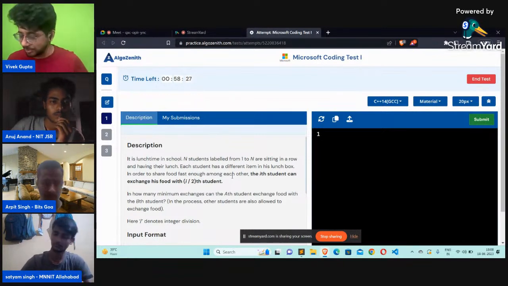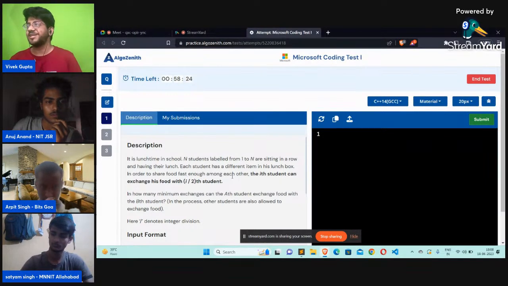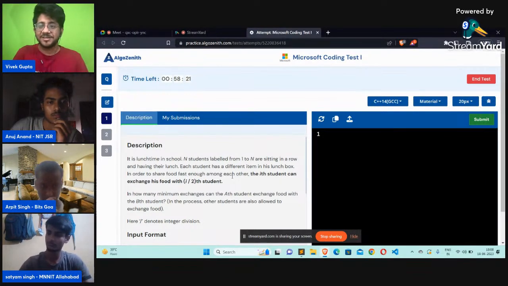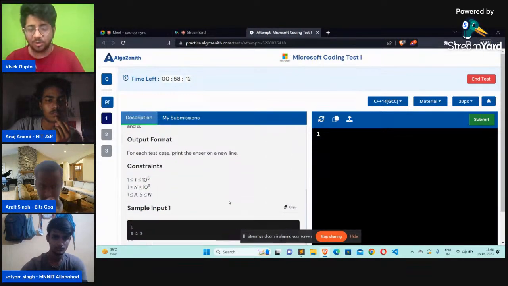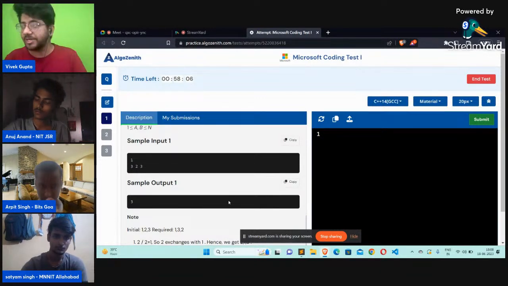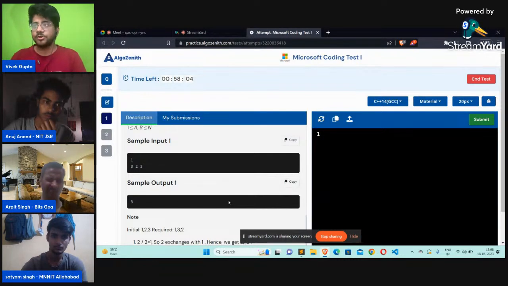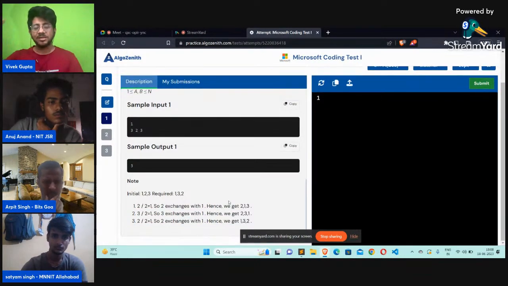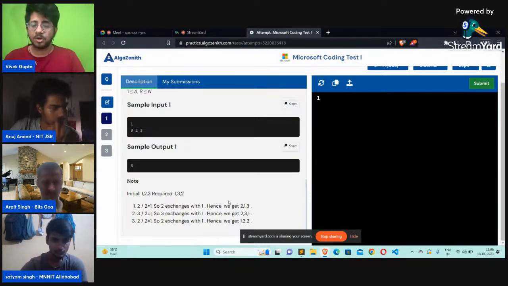Till then, let's go through the problem ourselves and see how we can solve these problems. Right now you can see that this is the first problem. There are 3 problems. I'm going to explain these things as if I'm suggesting how to give a coding test. Whenever you start a coding test, on any platform there is a panel where you see what types of questions and sections exist. This particular test has only 3 coding questions. Sometimes you will see contests that contain MCQs and then coding questions.